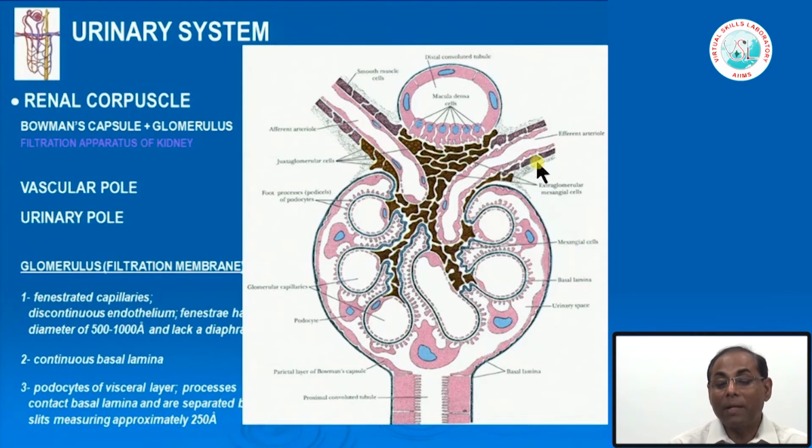So, this is the afferent arteriole and this is the efferent arteriole. The blood comes in through one of them and goes out through the other, and hemodynamic pressure maintenance inside the glomerulus is extremely important, which also determines the rate of glomerular filtration. All those things are controlled by the renin-angiotensin system, as well as the sensors present in the macula densa.